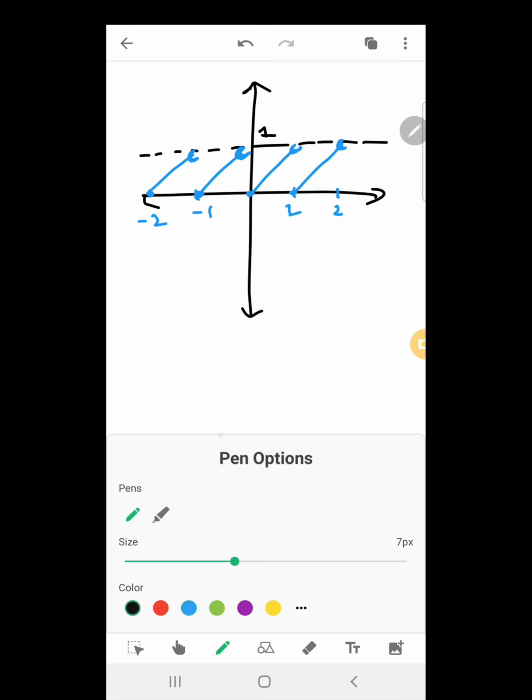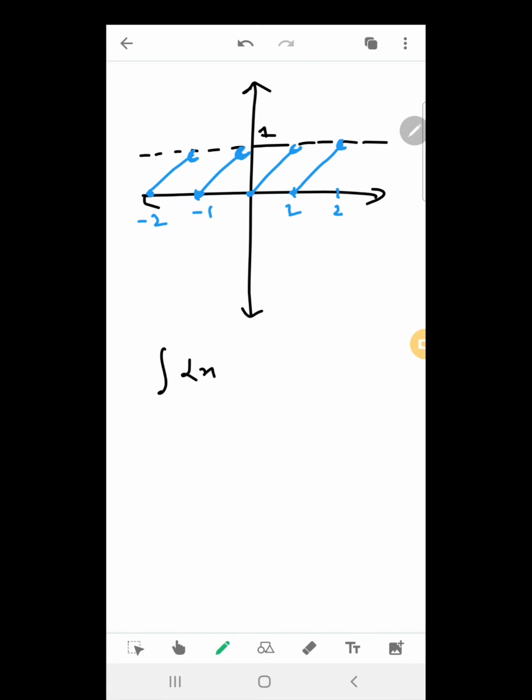Okay, if you are asked to find the integration of the fractional part of x from 0 to n, you can easily find the area under the curve. These right triangles give you the area, so find this area and keep on finding it till you reach n. What is this area? It is half times 1 times 1, so half plus half plus half, up till n times. From 0 to 1 it is half, from 1 to 2 it is half, and it goes on till n. So the answer is n by 2. Clear? Got it?